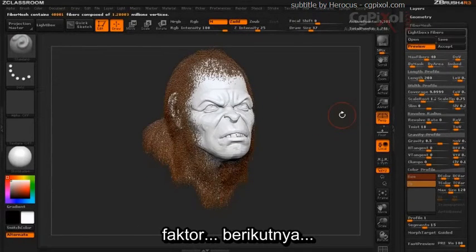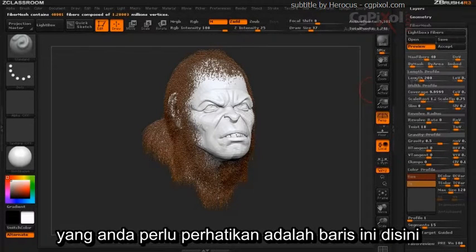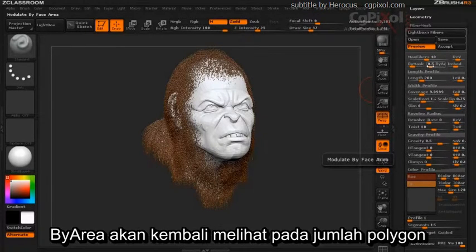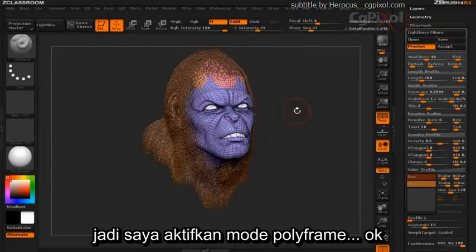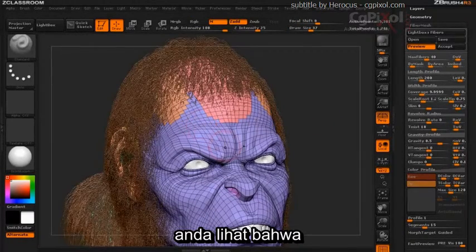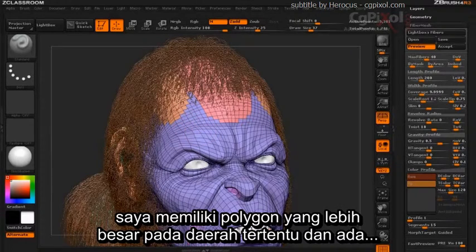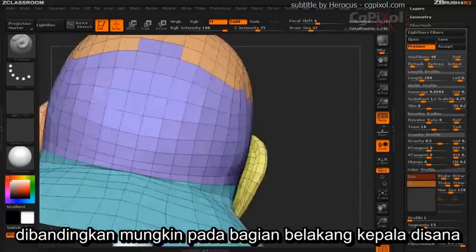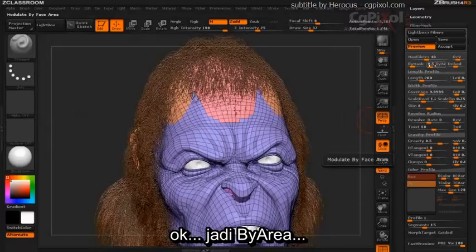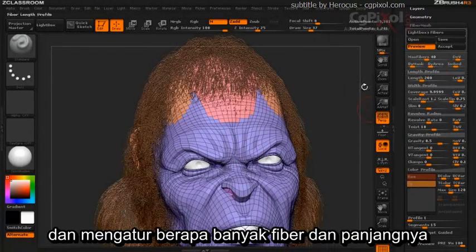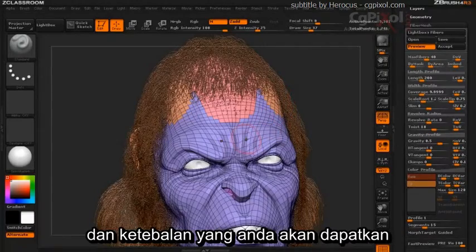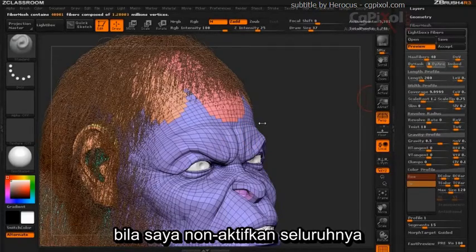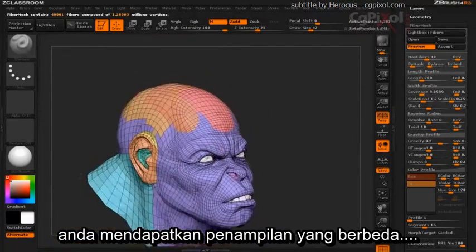The next factors, the next sliders that you want to take a look at, is this row right here. So you have a by mask and you have a by area. By area is going to go back to our polygon count. Remember, if I turn on my polyframe mode, you'll see that I have larger polygons in certain areas, and there are smaller polygons, or more dense. There's more density of polygons here than, say, probably in the back of our head, like there. So the by area is actually looking at this and is setting how many fibers and the length and the thickness that you're going to get based on the size of your polygon and density. If I was to turn this completely off, you see you're going to get it looking completely different